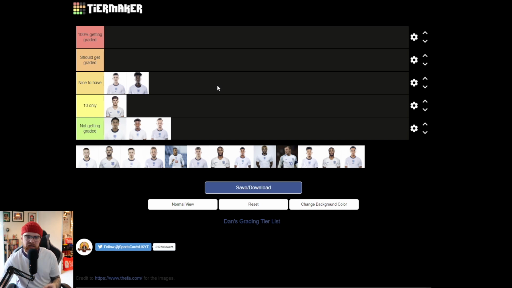But I think he's probably going to get maybe more game time than Jude Bellingham will, because Jude Bellingham is in a tougher position in centre mid than Tammy might be up front. I know Rashford might play up front, and Kane might play up front as well. But I am going to leave him there, nice to have, and we can always change it at the end. So next up,